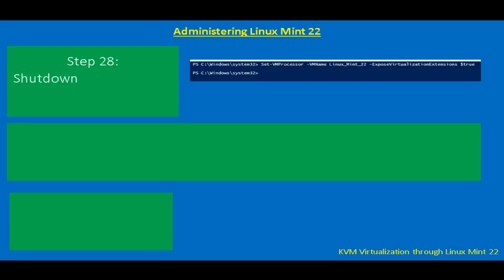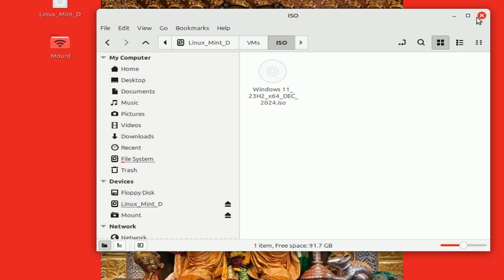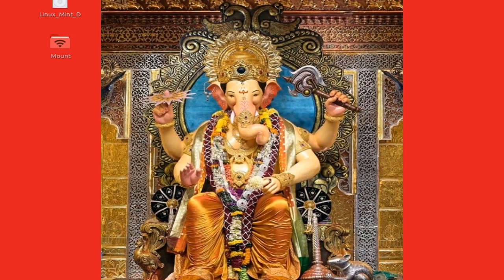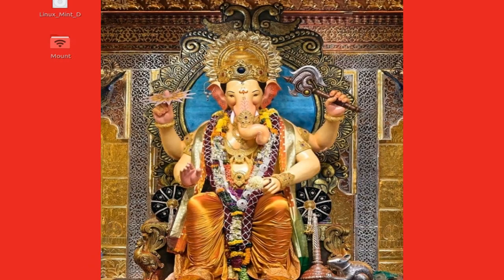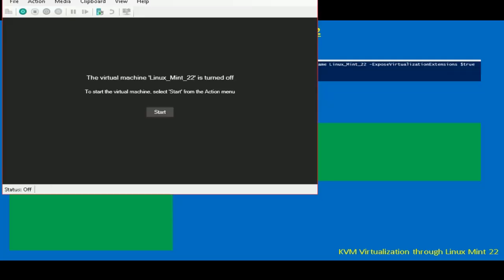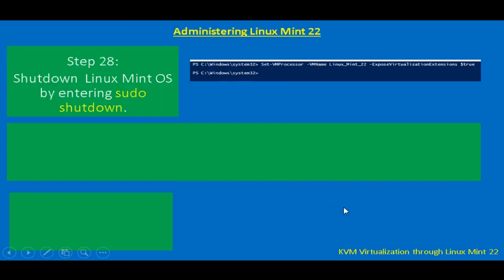Next part is to shut down the Linux Mint OS by entering sudo shutdown. So either we can enter sudo shutdown or we can directly shut down. Again, it will take 1 minute, so I don't want that. I will directly shut down from here. Okay, so currently it is shut down. Next step is